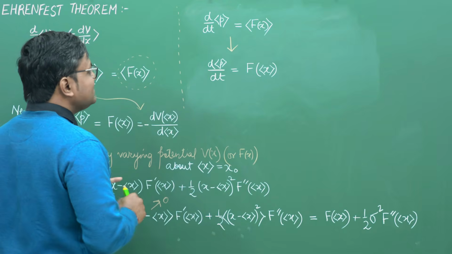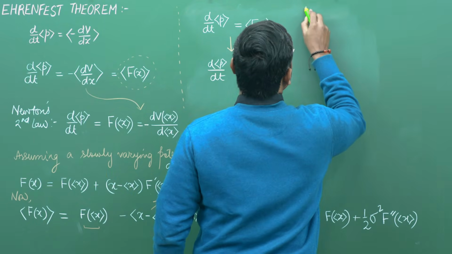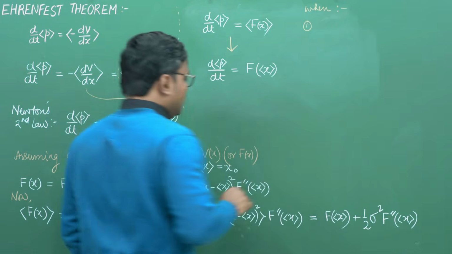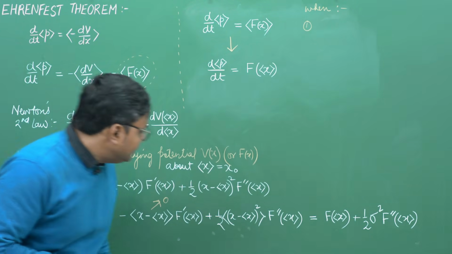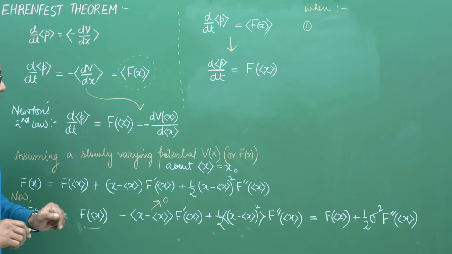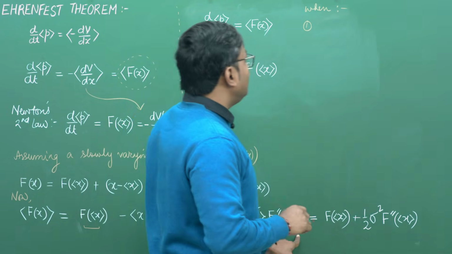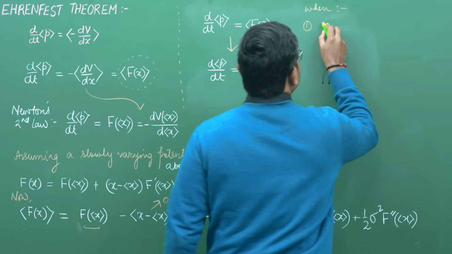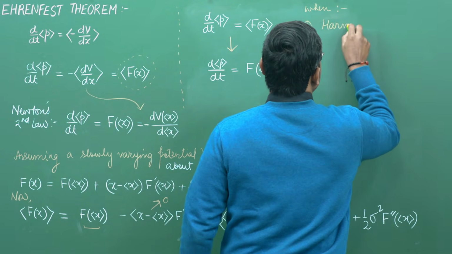All right. Now this happens under two conditions. Okay, what is the first condition? If you look at f double derivative of x naught, this will go to 0 for a very unique potential, which is the potential of the harmonic oscillator. So if you look at the harmonic oscillator,